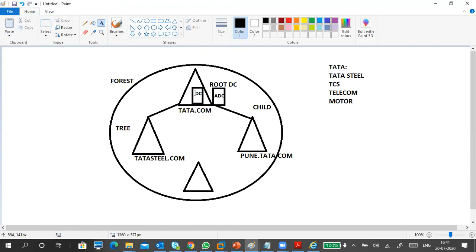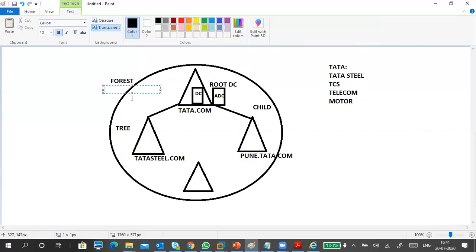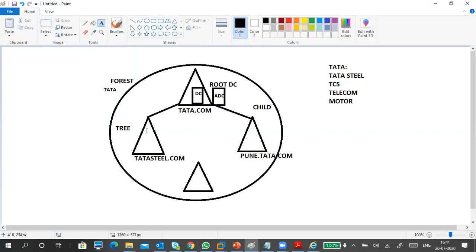Let's say the third option is this one. First option is this one. Second option is for this one and this one. Okay, and try to understand forest. The forest is created when you create your root level domain. When you create a root domain, only then is a forest created. If Tata.com is created, then the Tata forest is created. In an existing forest, when you add a domain into this one, it becomes a tree.